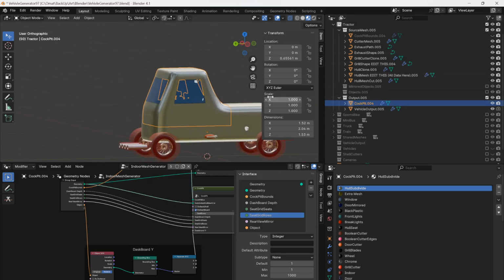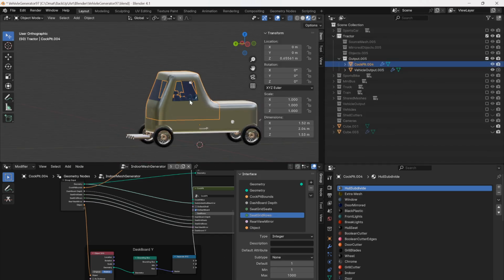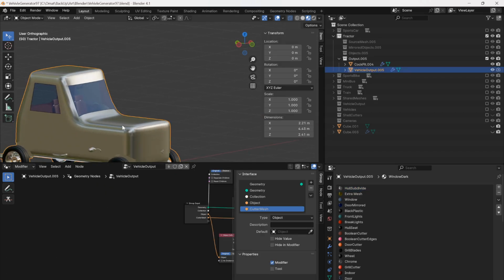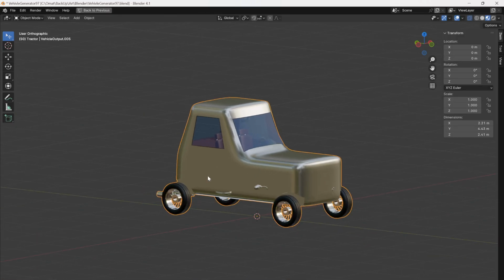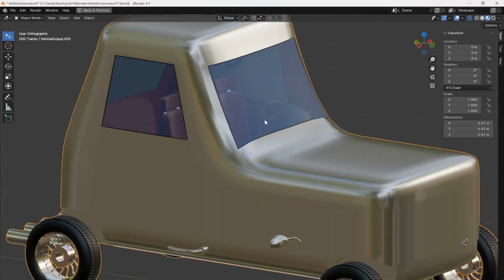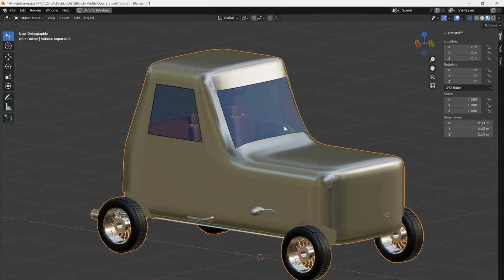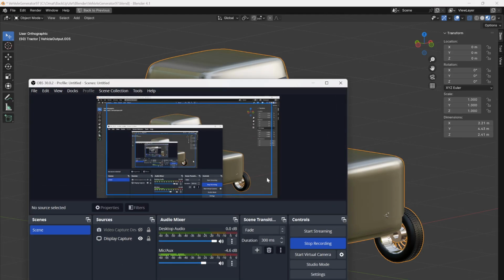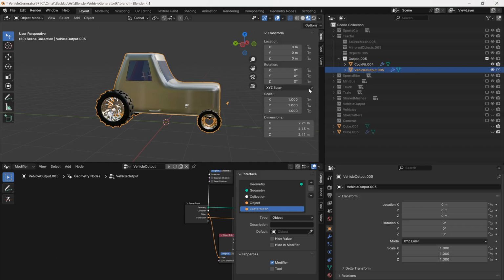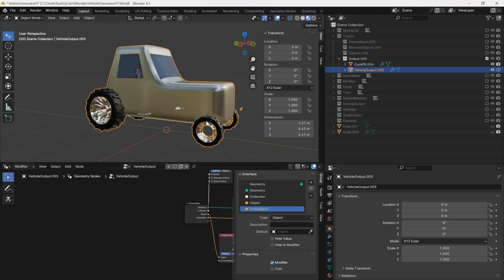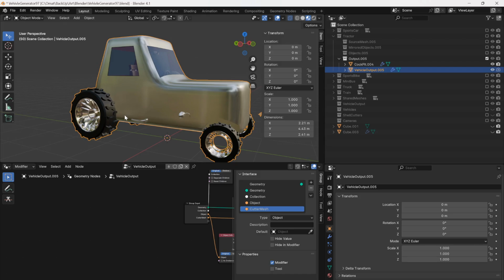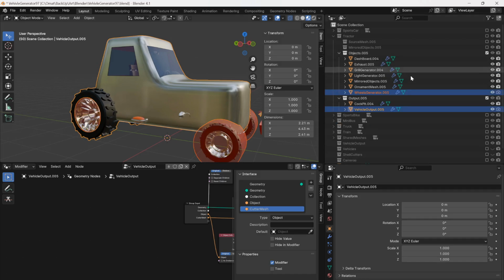And so now if I view just the output of this, there's already the start of a vehicle here, kind of looking pretty funny. Now I'll just put some time into redefining this mesh and stuff, and then get back with this. Okay, so the wheel was a bit too small, and now it's better. I can just continue with this